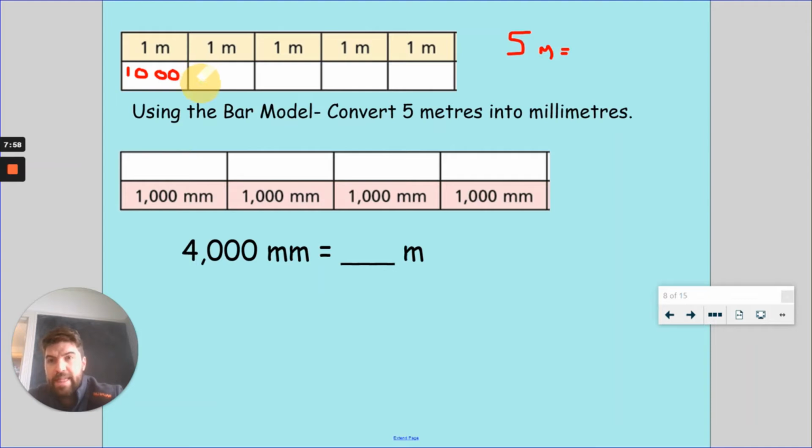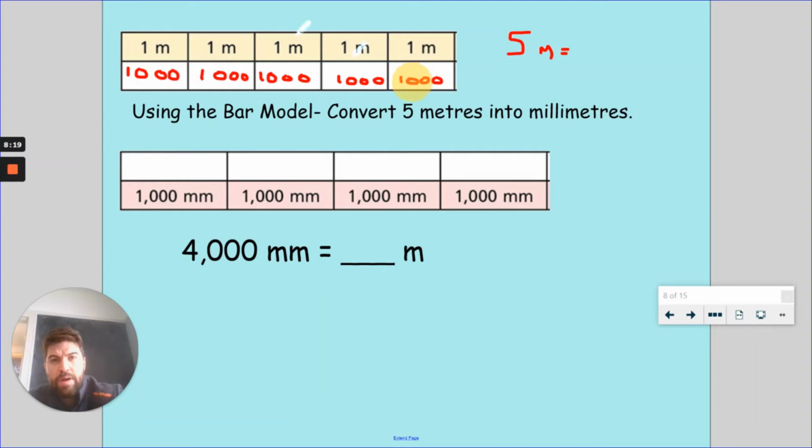So the next metre is also worth 1,000 millimetres, and so on and so on. So once I've completed the bar,